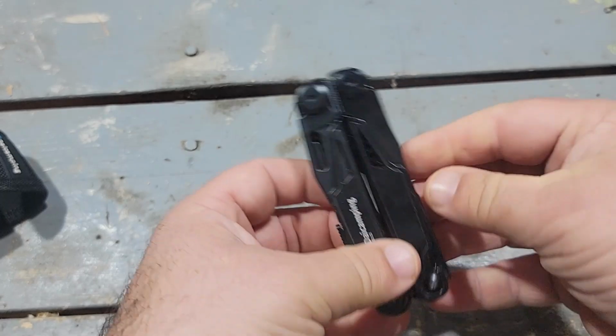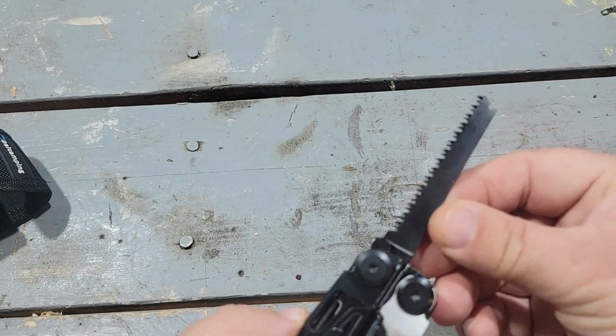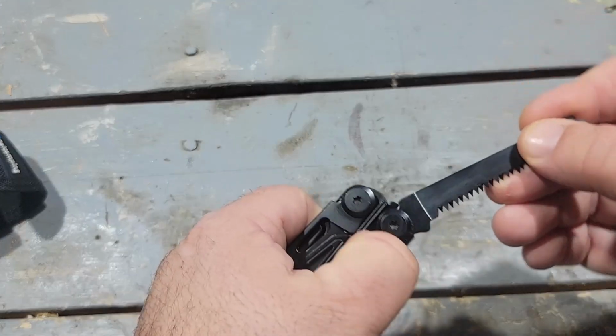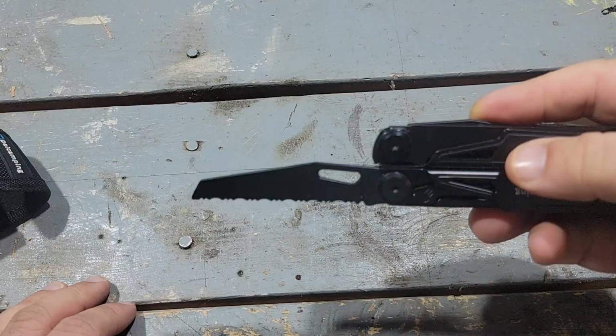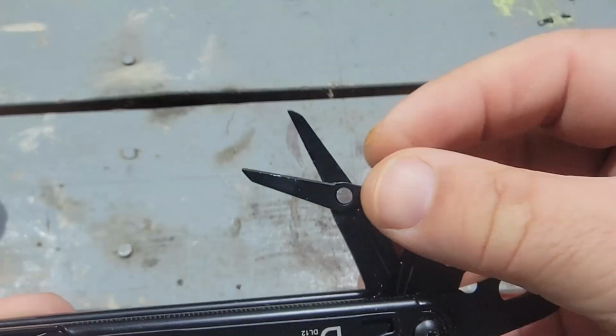On the other side, we have a nice saw. This is a finer tooth saw, so it'll be better for drier wood. And then the last blade that we have is going to be a serrated edge for cutting rope. So if we open it up and look inside,